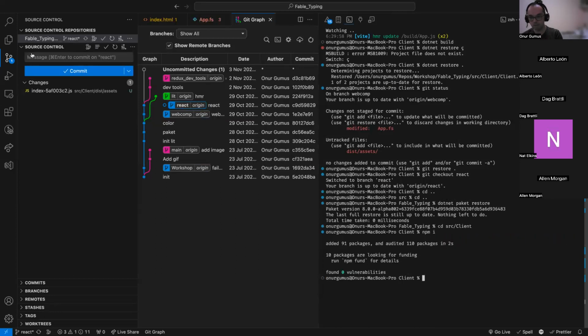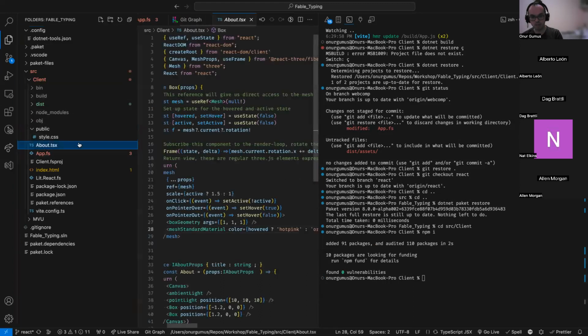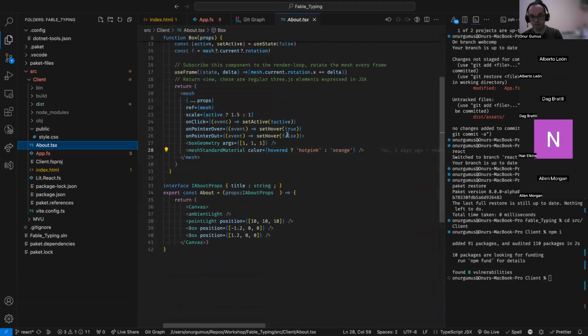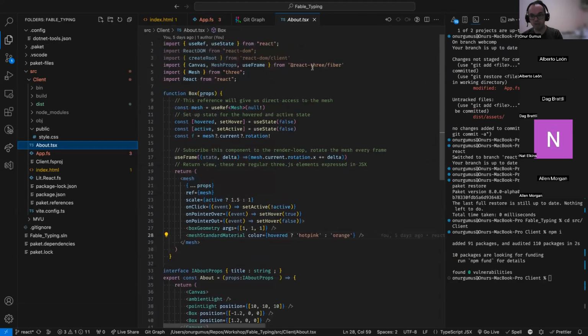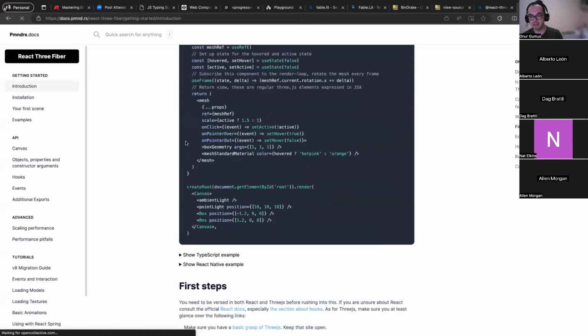I think we have some new stuff here. If you look at the changes, we have an about TSX file. This is a React TypeScript file, and what it does is it just renders 2 cubes. There's a framework called React Three Fiber. It's a very interesting project. If you haven't heard of it, I recommend you check it out. It allows you to use 3D